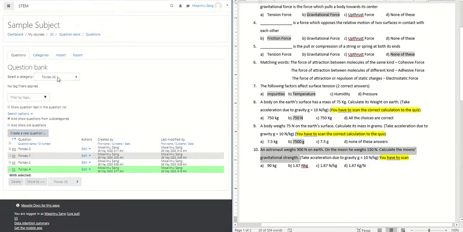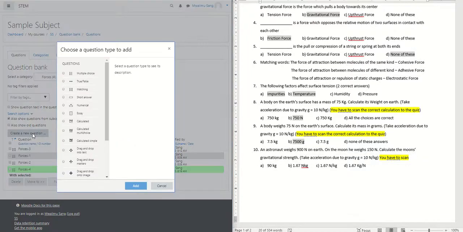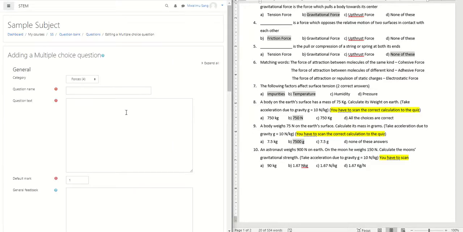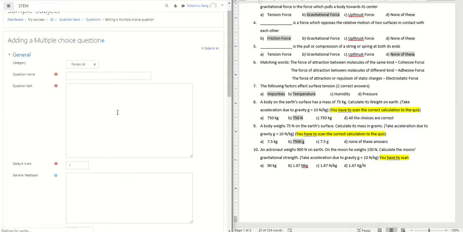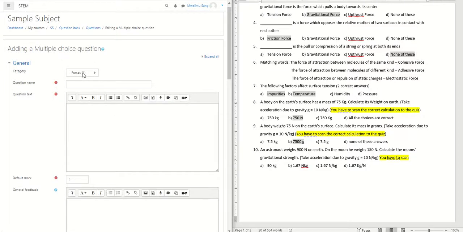So remember, I'm still on forces now. I'm at 4 questions in forces, so it keeps adding. Yeah. So I'll still use the multiple choice. So since I have 4 questions in forces, these will be forces 5. These will be forces 5, and then the question is there,